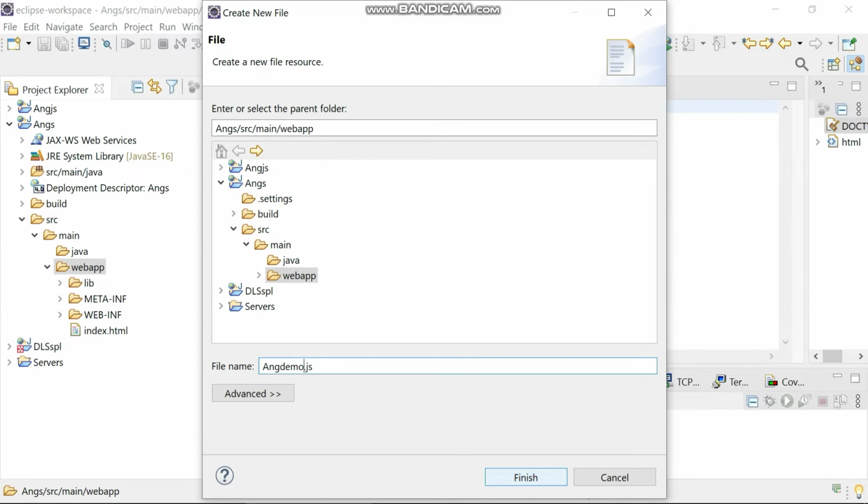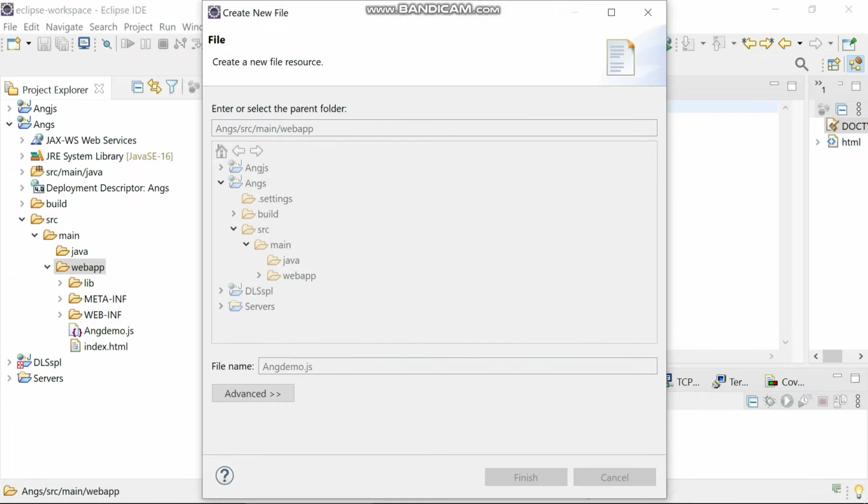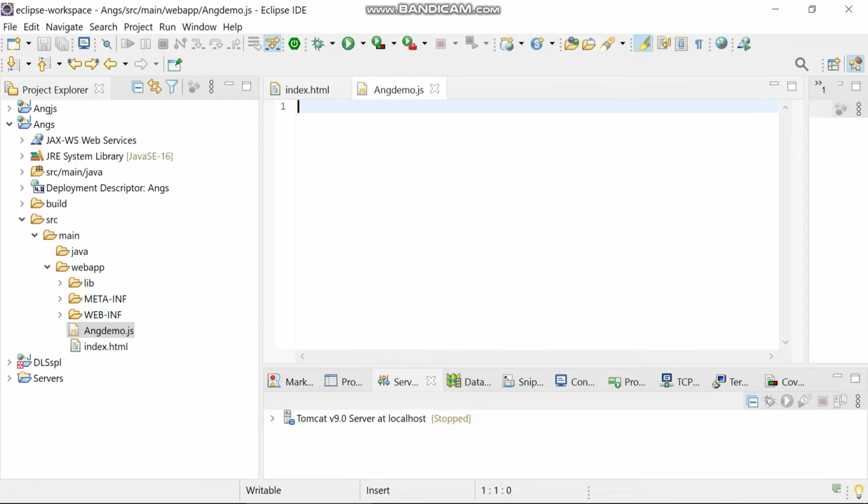Okay, click on finish. Alright, so now you can see ang demo.js. I just place the cursor over the name of the file. The file is created, we are in the file.